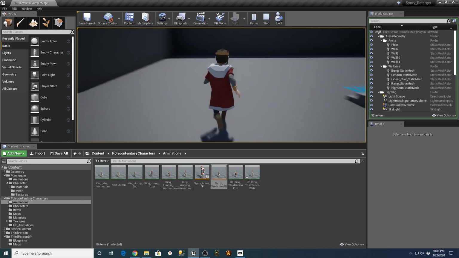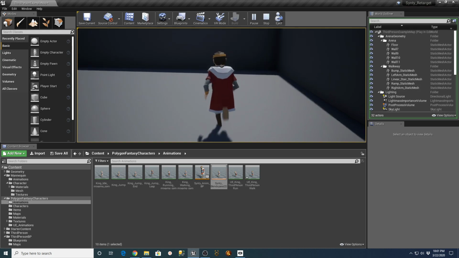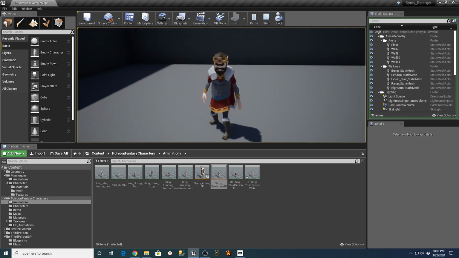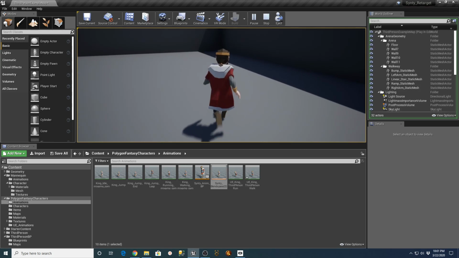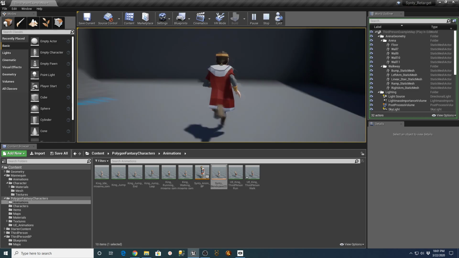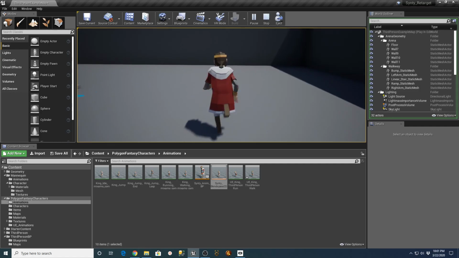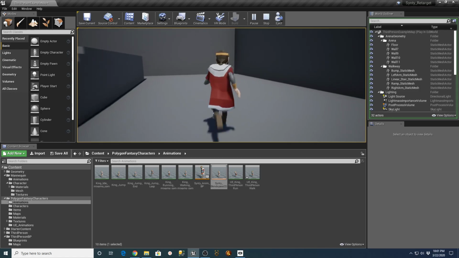Well, I definitely feel like the idle, walk, and run solution from Mixamo looks a ton better. And I'm going to cut this live stream off here right around now because I got to go watch the Walking Dead, which we recorded, so my wife's waiting on me very patiently, I might add.